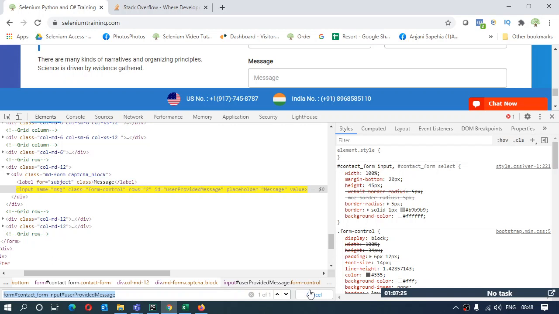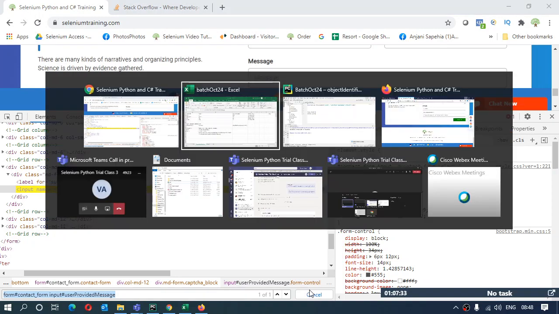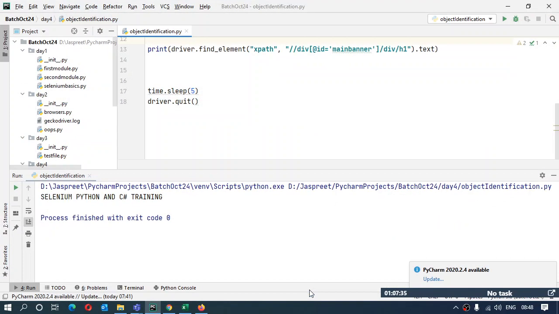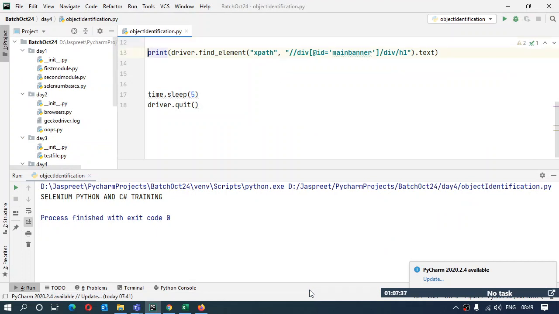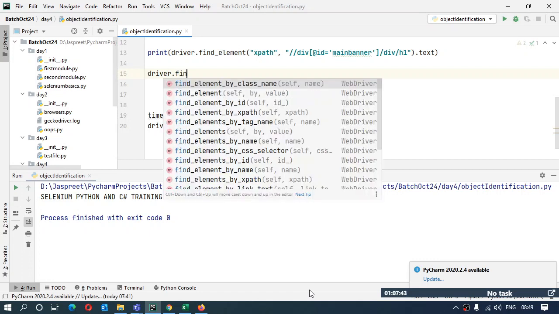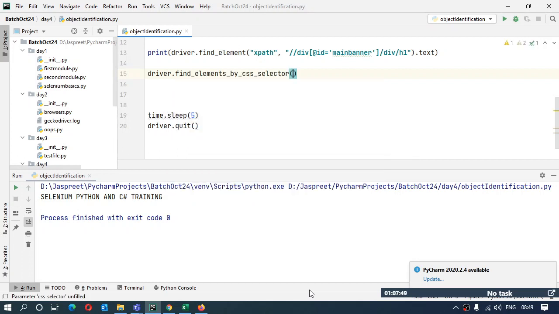Okay. Now actually using this CSS selector to extract the element and take action on the element. So it's very simple to do. Go back to your code and over here I'll say driver dot find element by. Now CSS selector element is coming up over here. So I'll use the specific one. You can use the generic one as well.